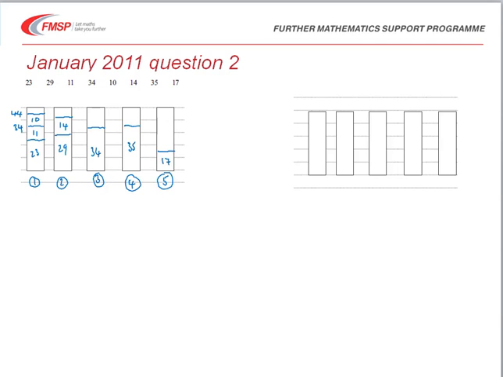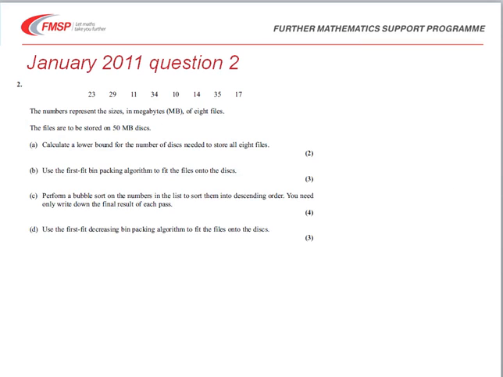So far we've needed to use 5 bins. Now just going back to the question, the thing that we're asked to do first of all was to calculate a lower bound. Well, let's consider that now. The lower bound,